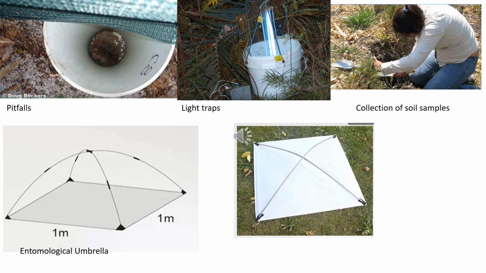So using pitfall traps, nets, light traps, lure traps, or analyzing soil samples, you can understand what is there in the soil, or sometimes by seeing the small species or the seeds found in the soil, you can identify the particular species